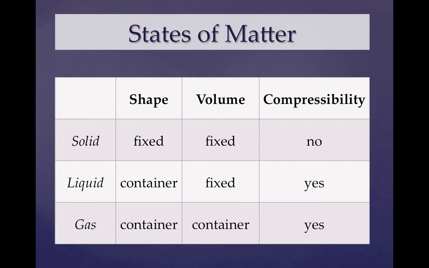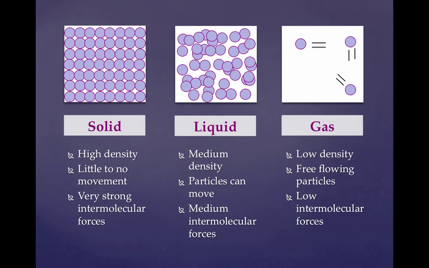Compressibility means able to be made smaller. So since the particles in the solid are as close together as they can be, you cannot compress a solid any farther than what it is. You can compress a liquid and a gas, but since the liquid particles are usually a little bit closer together than the gas, the liquid can't be compressed as much. So if we look at the picture here,